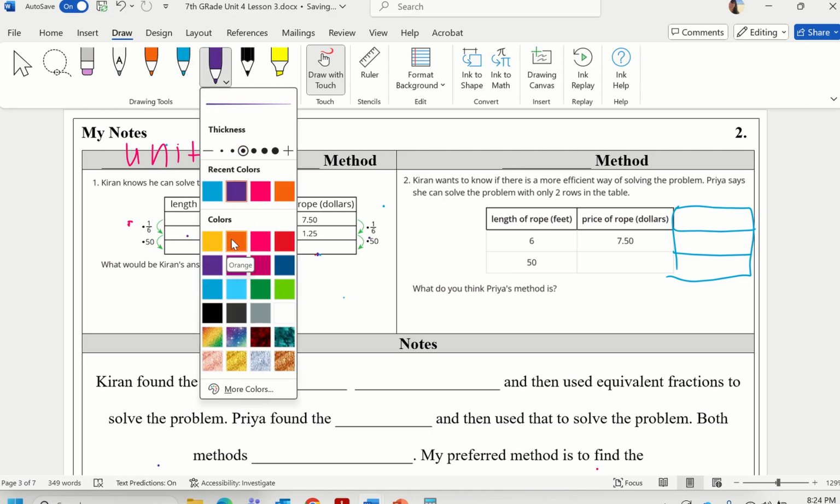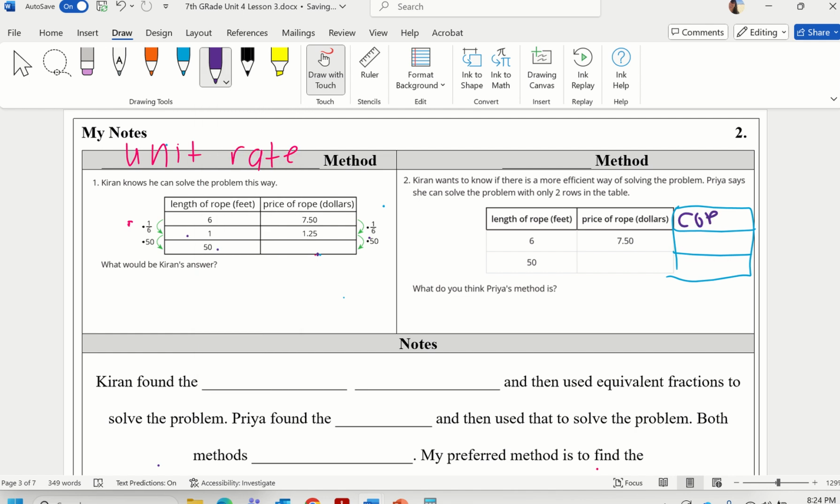We know that to find the COP, we have to do, hopefully you're saying y over x to yourself. And then I know I want to make sure I'm identifying the correct numbers that are y and the correct ones that are x. So I'm just going to label my columns really quickly. I know all the numbers in this column represent x, and all the numbers in my right column represent y. So if I'm doing y over x to find the COP, that means I have to do